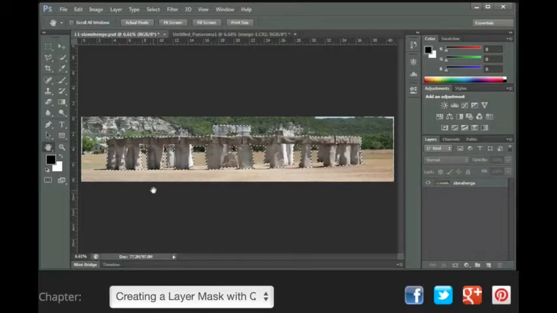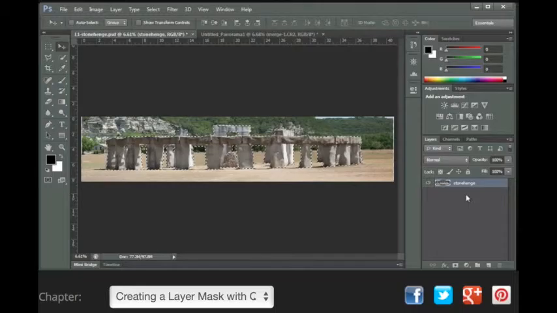So instead, I'm going to create a mask. If you recall, when we combined these images through the automate command, Photoshop had created 3 separate images on 3 separate layers for us using masks. And now we're going to actually create our own mask to remove the background and only show the stone. So I'm going to switch back to my Move tool, which is the letter V on the keyboard. I'm going to come over to my Layers panel. I'm going to click on the layer that we previously named Stonehenge,